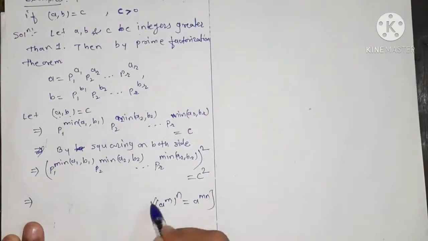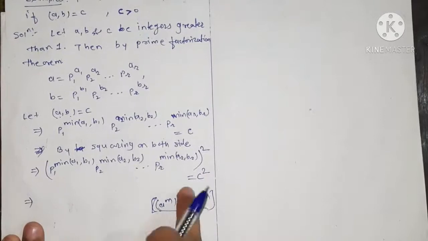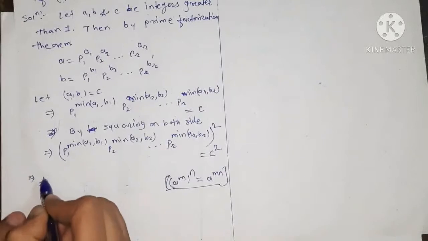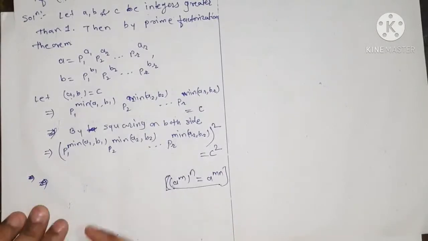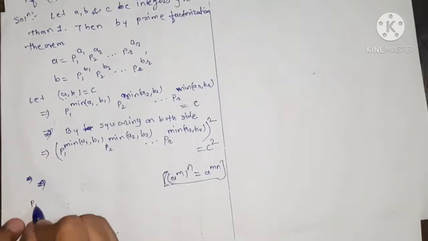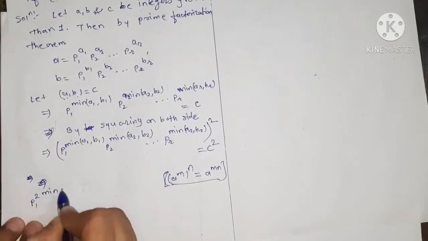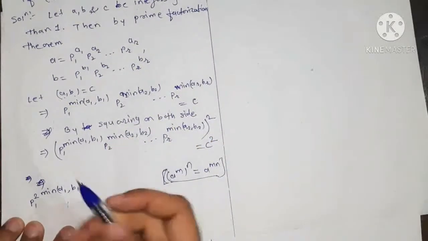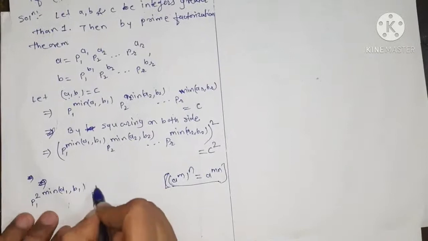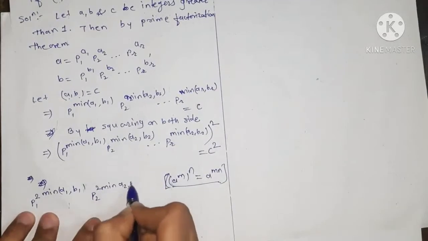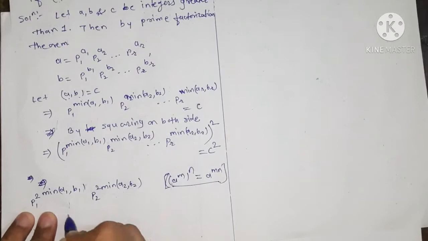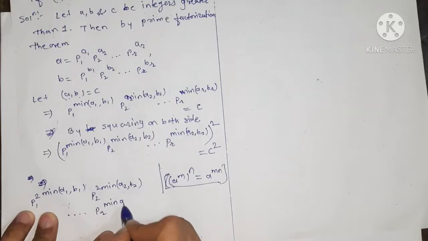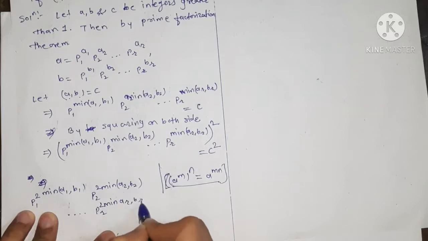Using this property of indices, we can write this term as p1 to the power twice the minimum of a1 comma b1, p2 to the power twice the minimum of a2 comma b2, and so on, pr to the power twice the minimum of ar comma br,